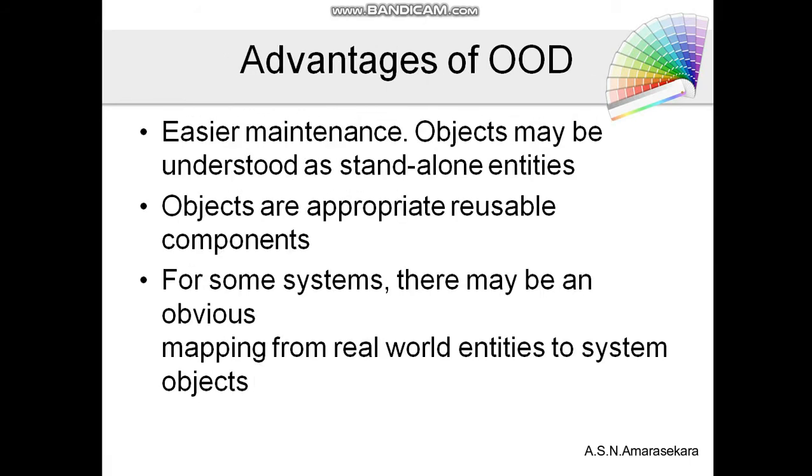Advantages of object-oriented design. It is easy to manage because we can handle a class as one unit without considering the inside implementation. Objects are reusable entities. As an example, we can reuse a previously created student class instead of creating a new class. As the last advantage, these objects are equal to the objects in the real world. Because of that, understanding the behavior of each object is very easy.